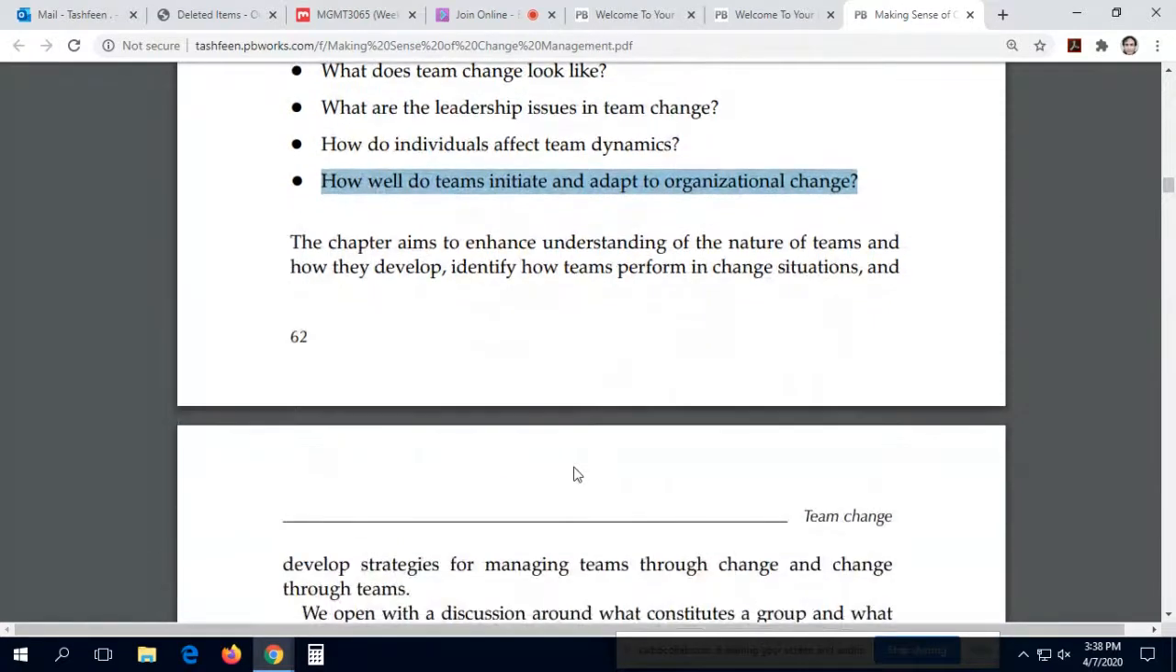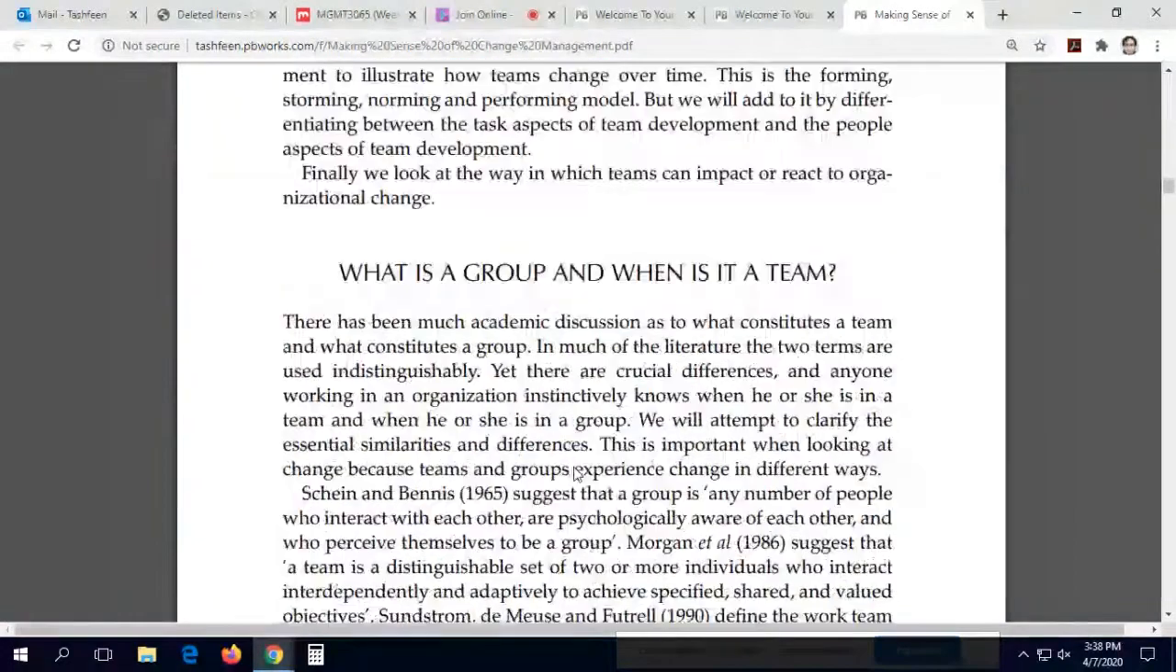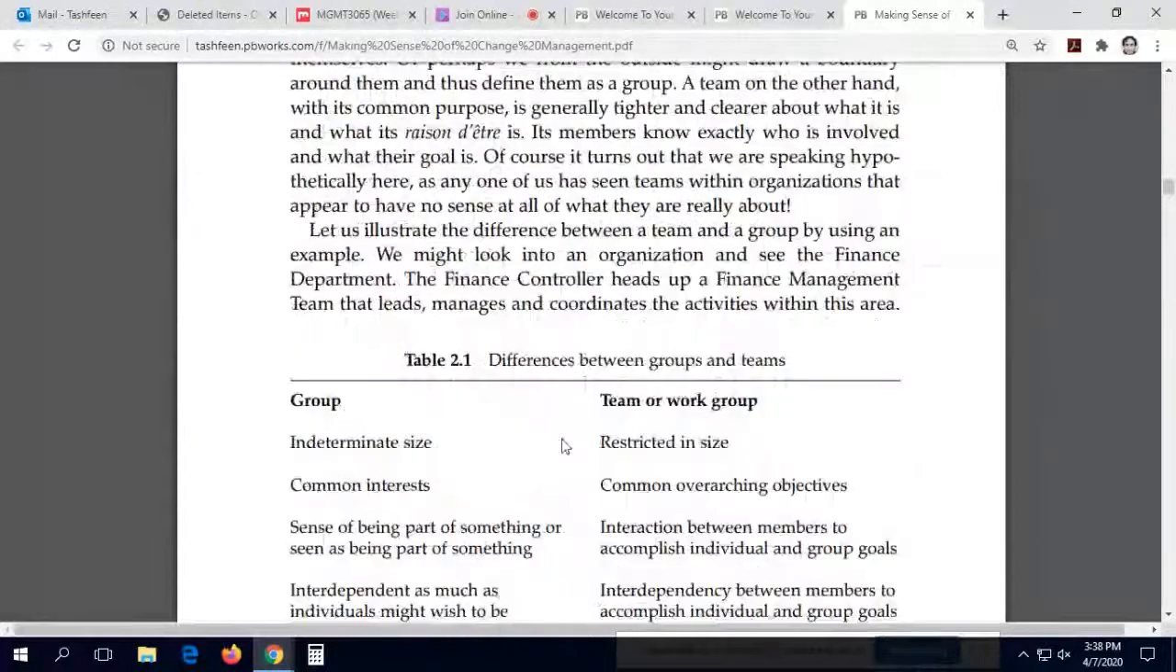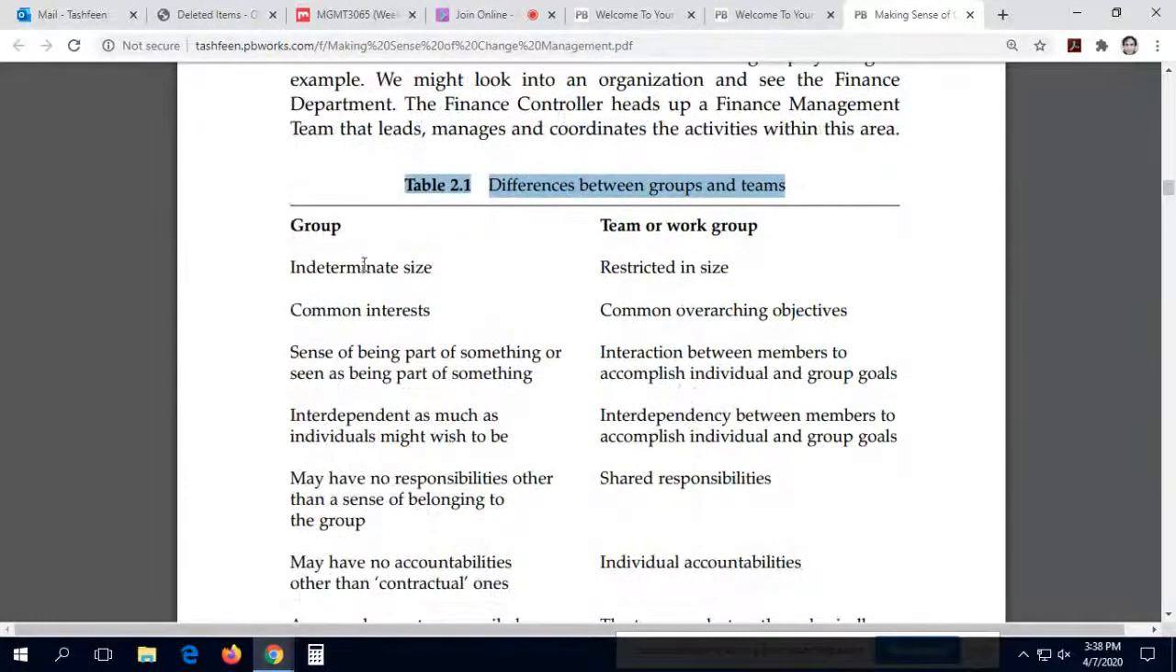A lot of definitions we'll see. For example, make note of table 2.1, differences between groups and teams. Try to make something of it. Common interest is there in a group. In a team or work group there are common overarching objectives, and this is what I was essentially talking about: setting objectives, goal setting, so that you are more focused on the